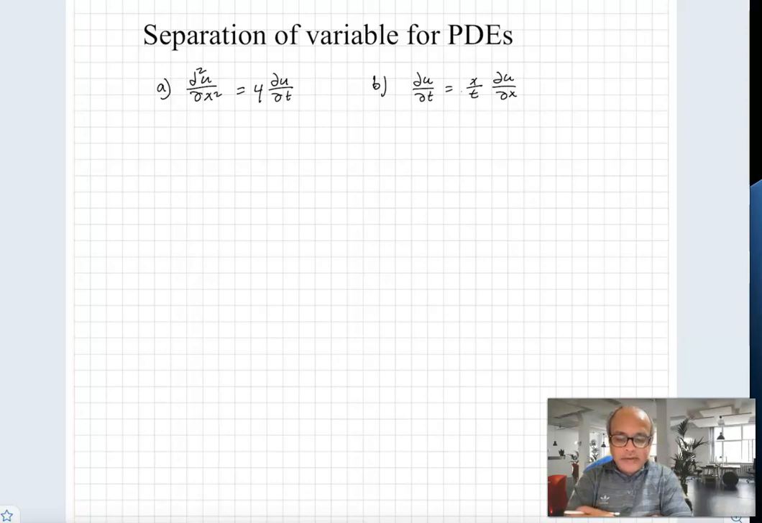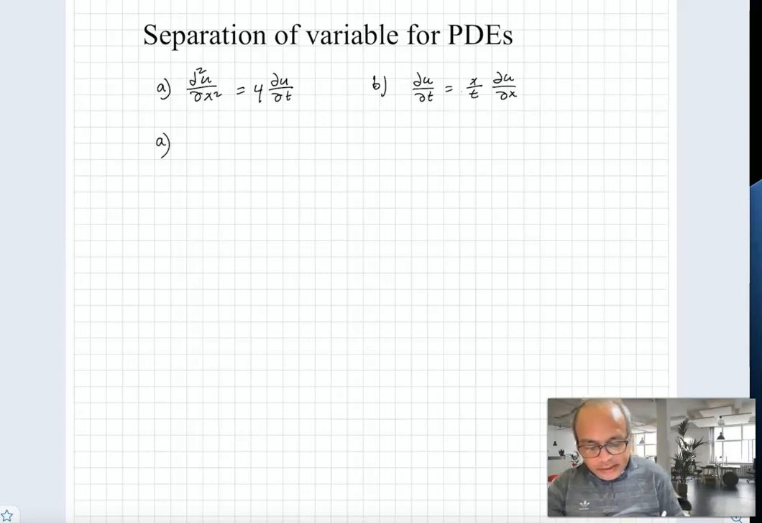This lecture is about separation of variable for PDEs. I will illustrate separation of variable using these two examples. In those two examples, I am not considering any initial condition or boundary condition. I will just find a family of general solutions. Okay, so for the first problem